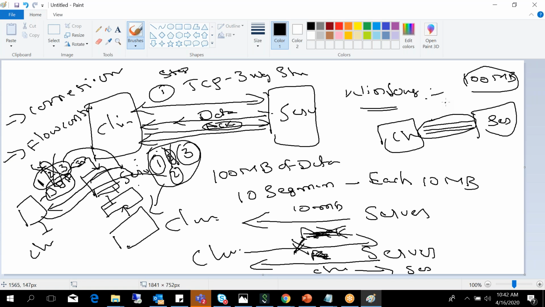I will send 10 segments, and each segment will be 10 MB. Let's say this is a 1000 MB file. Every time you send 10 segments of 10 MB each, that is 100 MB. Then in the next window you send another 100 MB, like that, 10 times, and it covers the whole 1000 MB. Okay, that is the windowing mechanism.